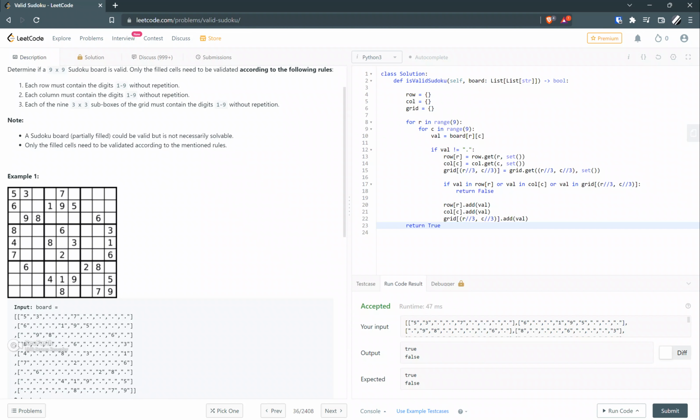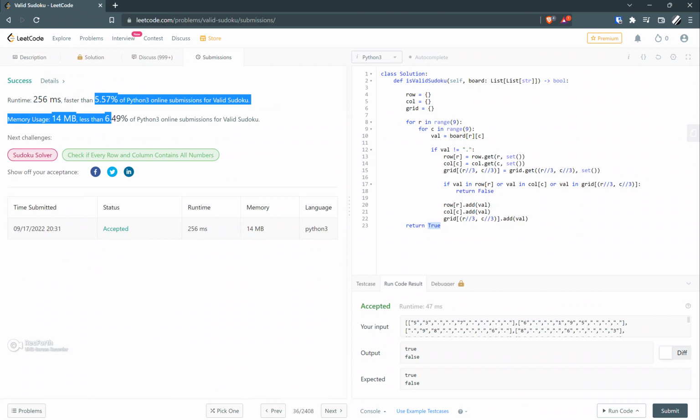सिमिलरली यो 9 भनेको सेकेन्ड रोको पनि पार्ट हो, सेकेन्ड कलमको पनि पार्ट हो र सेकेन्ड ग्रिडको पनि पार्ट हो। सो हामीले यो तिनटैलाई एड गर्नुपर्छ। र यदि सबै लुप सकिसक्यो र हामीले फल्स रिटर्न भएको छैन भने पक्कै नै देयर इज नो रिपिटेसन। र रिपिटेसन छैन भनेपछि हाम्रो रिटर्न के गर्नुपर्ने लुप सकेपछि, सो यो सुडोकु भ्यालिड छ भनेर। अनि हामीले इक्जाम्पल टेस्ट केसेसहरू ट्राई गरौँ। इक्जाम्पल टेस्ट केसेसहरू ट्राई गर्दाखेरि हाम्रो आन्सर आयो र यसलाई सबमिट गर्दाखेरि एफिसियन्ट नै छ। सबै टेस्ट केसेसहरू पास भयो।